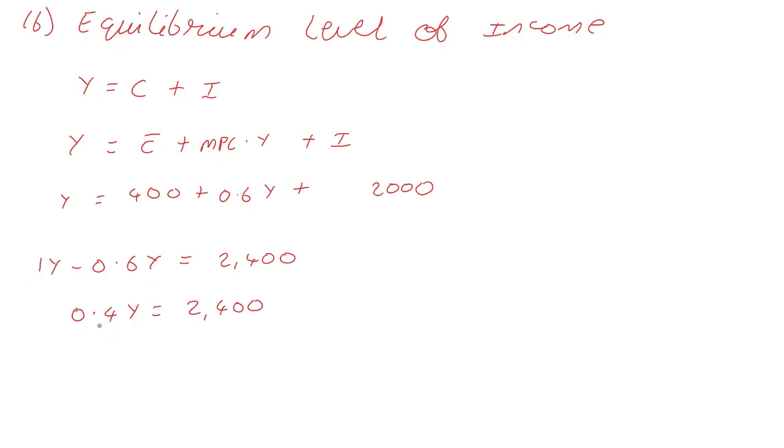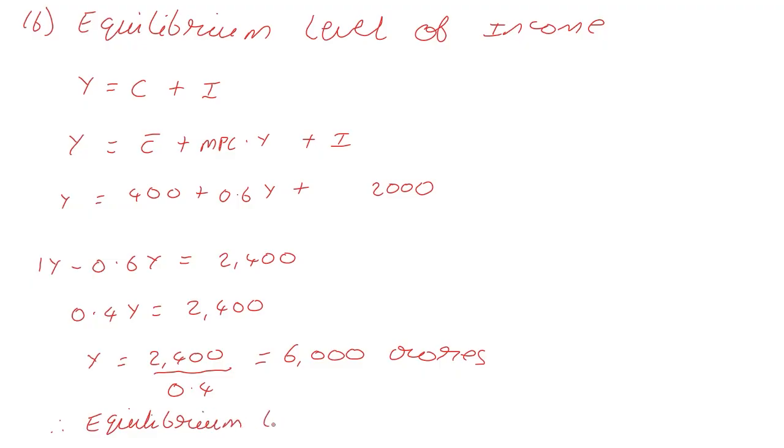Now, 0.4 over here is multiplication. It goes that side, it becomes division. So Y is equal to 2,400 upon 0.4, which is equal to 6,000 crores. Therefore, equilibrium level of income,